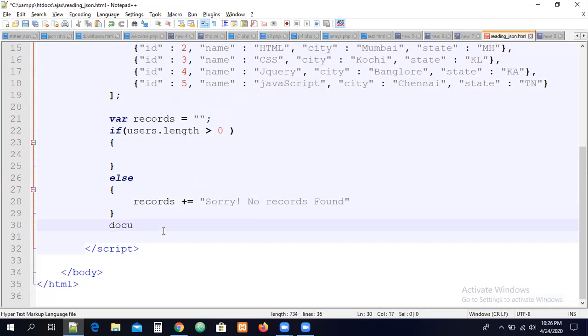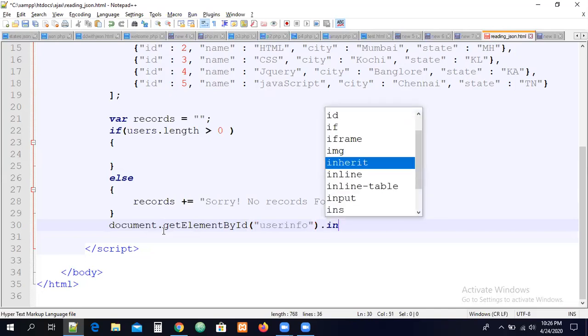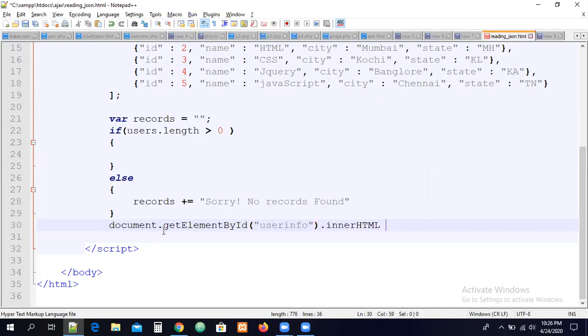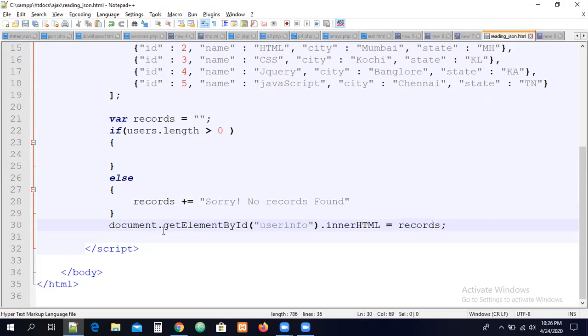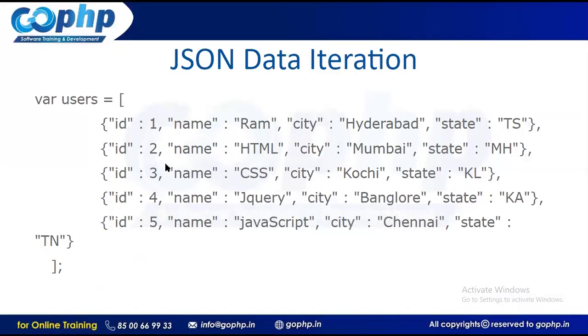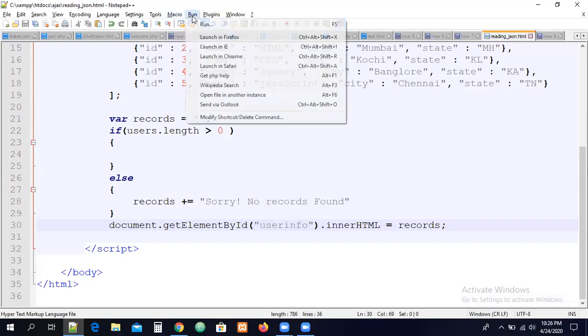Document.getElementById("userInfo").innerHTML equal to, I just want to write something called records. That's it. Now can you see, go and check this, run the file, and you can see the output